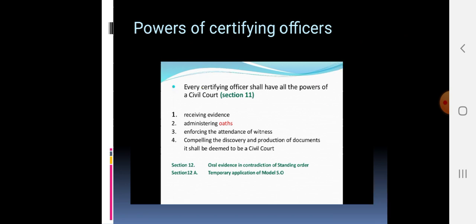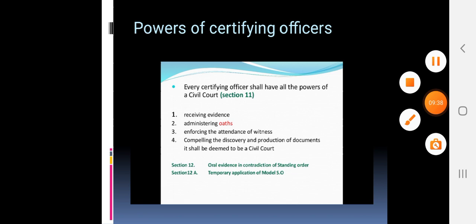I know it's a bit difficult to understand these theoretical law-related concepts, but try to understand in your own way. While writing in the examinations, you have to use the specific terms related to law, and try to mention the sections as per every act. That would be more effective while writing the answers in the examination.